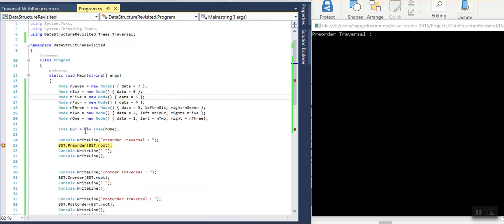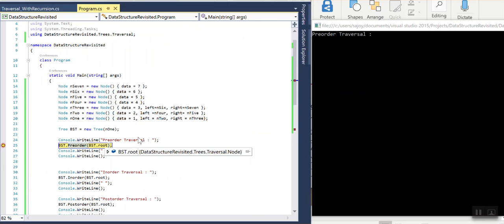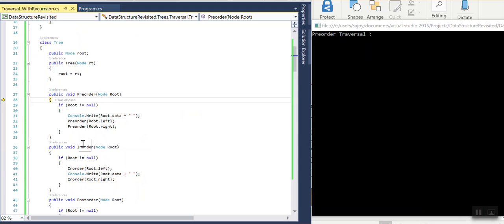Basically what I'm trying to do is call the pre-order method by passing the root node. My root node is 1. I'm passing that particular root node, and we will see how that traversal is happening. So I will do F11. First it will take the data of the root node and print it. You can see on the right, it first printed 1, then it took root of left,